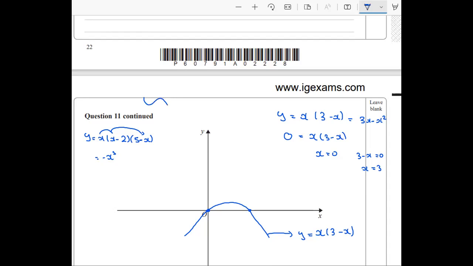Again, the roots or the intercepts of x are x equals 0, x equals 2, and x equals 5. Very good. So 0, and then we have, if this is 3, then this would be 2, this is 3, this should be 4, and this should be 5. So it would be a sketch